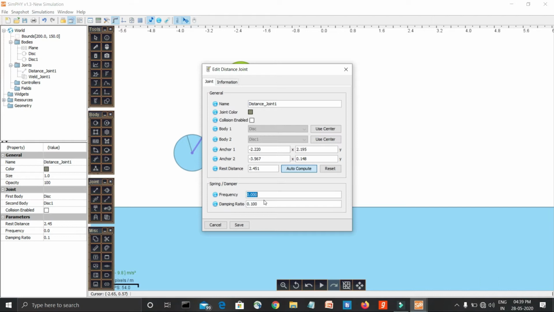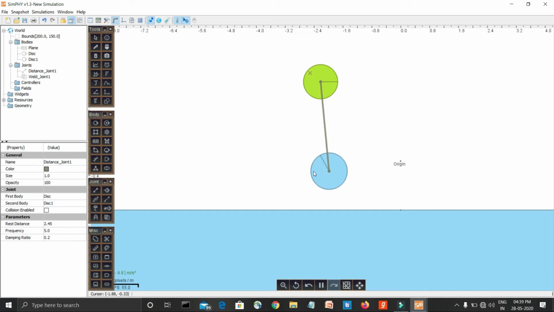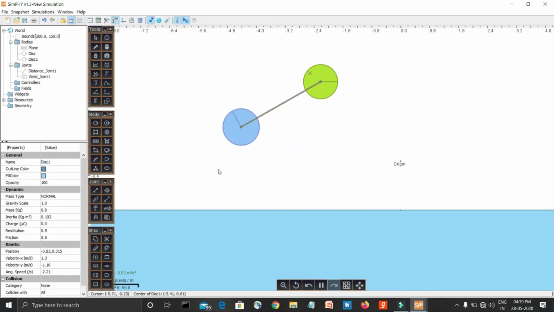So let's set frequency as 5 and damping ratio as 0.2 and save it. So let's see what happens when we play. As you can see, now it can be stretched. So by making frequency and damping ratio non-zero, we can make a rod a stretchable rod.